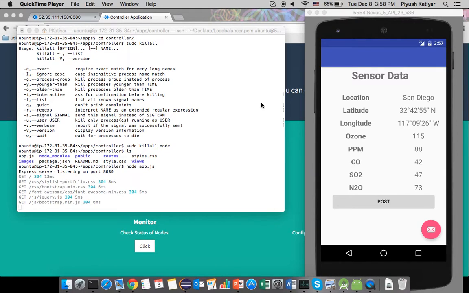Hi everyone, this is Team 3 and we are going to give you a small demo related to our project, which is Mobile Sensor Cloud Air Quality Monitoring. So the first module that we are going to showcase